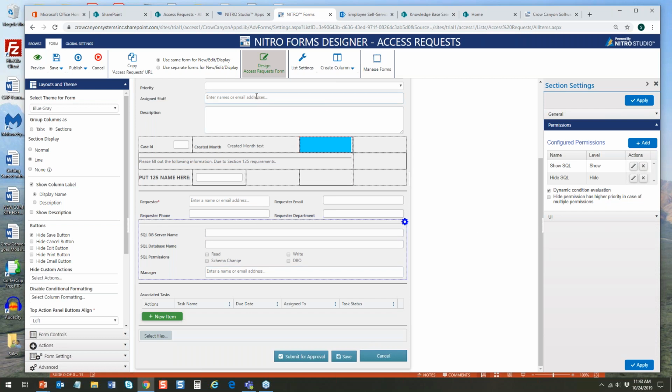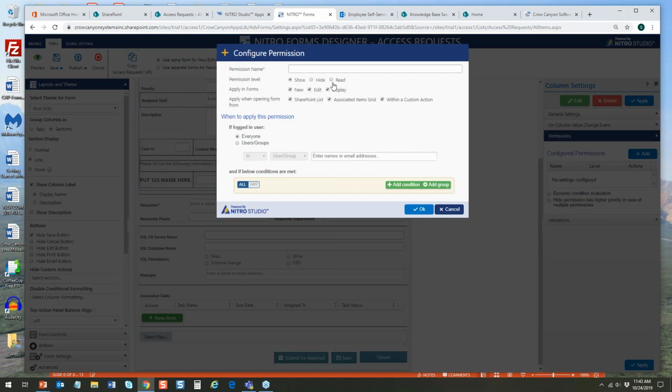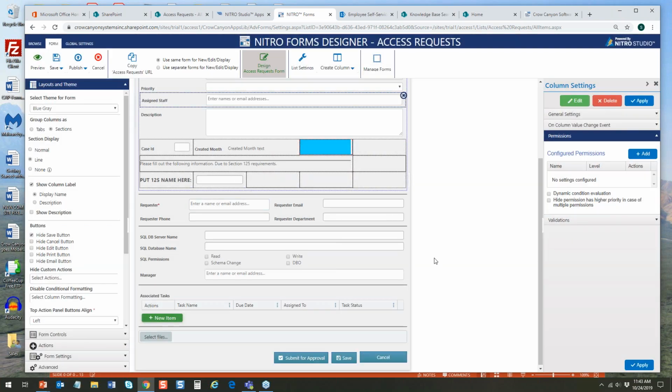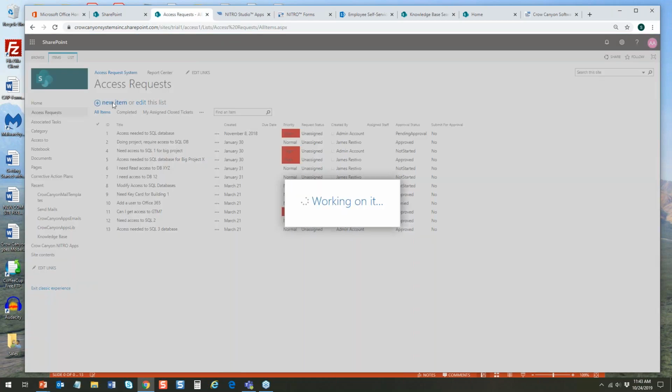So say you only want to show assigned staff, you just set the permissions, either hide or show, or read only for certain people under certain conditions. So you can do it either at the individual section level or at the individual column level. So when we go here to the access request system and we open up a new item, it will,